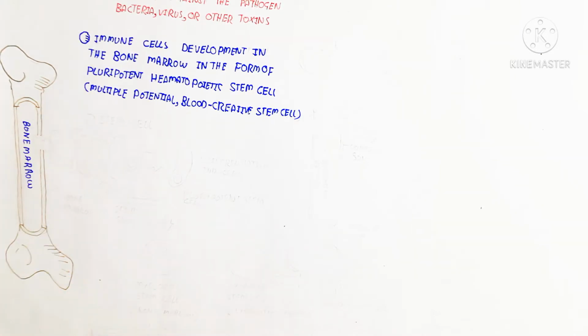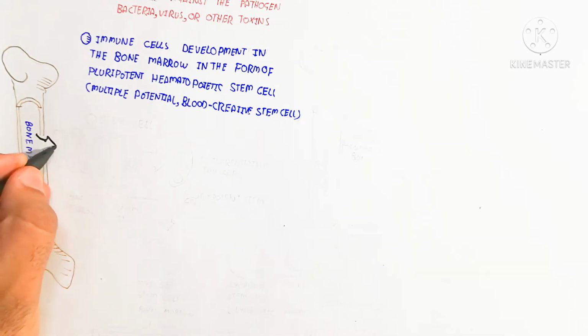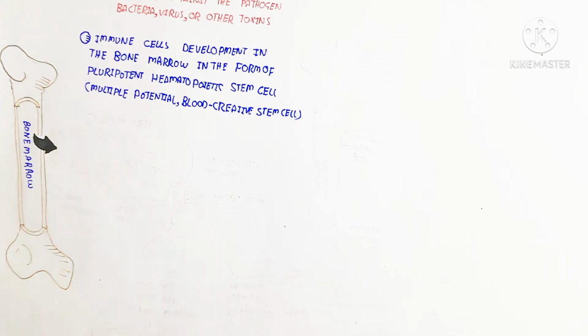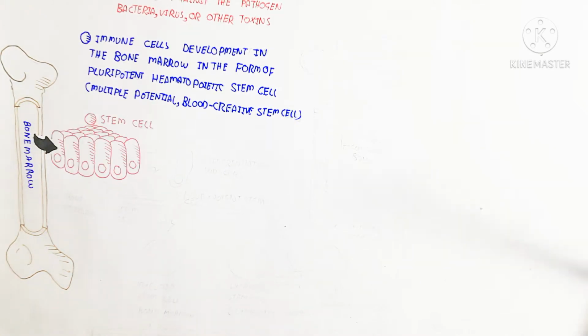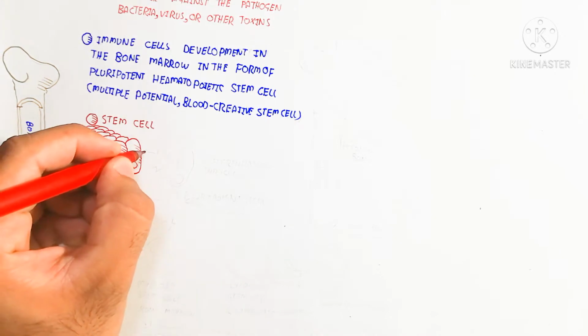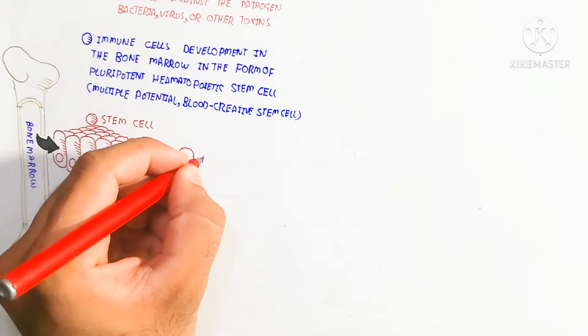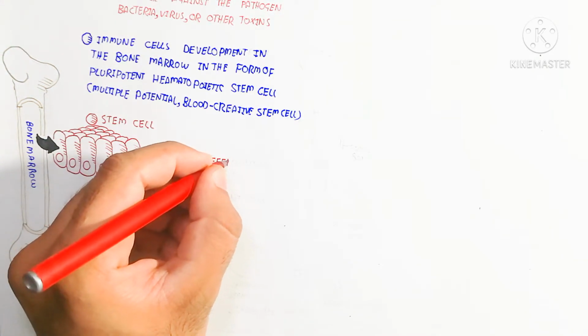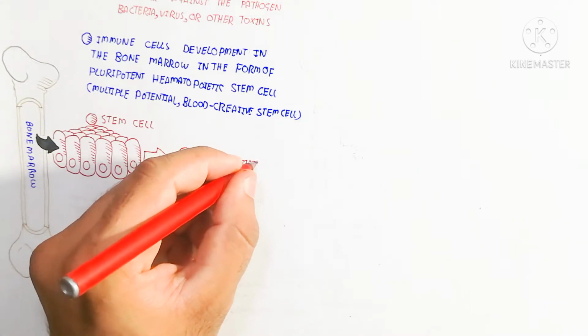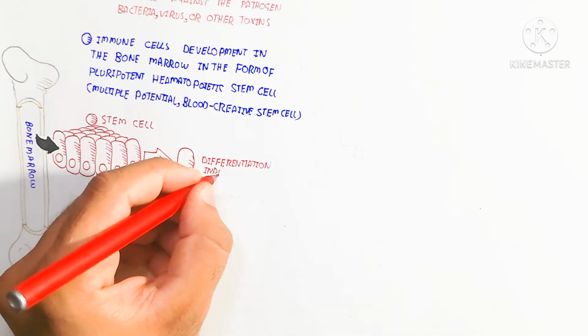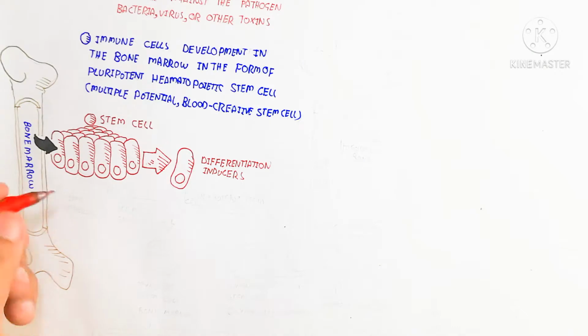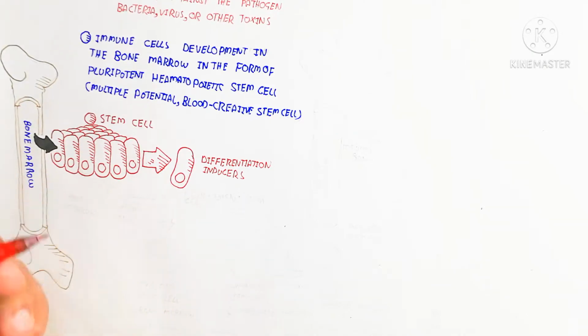So here is the bone marrow. This bone marrow basically contains stem cells. The stem cell looks like this. This is the stem cell which differentiates as well as divides to again produce stem cells by cell division, during mitosis. So it means the maintenance of stem cells inside the bone marrow will remain constant,